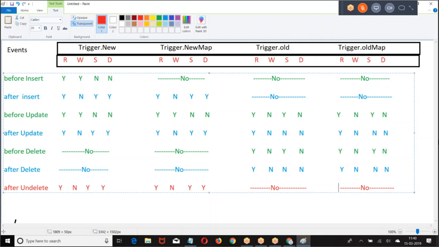If you know which data is available, which variable is available, in which trigger, it is sufficient. Rest all the logic is what? List, set, map, SOQL, DML. Entire logic what we wrote is list, set, map, SOQL, DML. Only the extra thing is what is there in the trigger.new, what we can perform on trigger.new, when is trigger.old available, what we can perform in trigger.old.